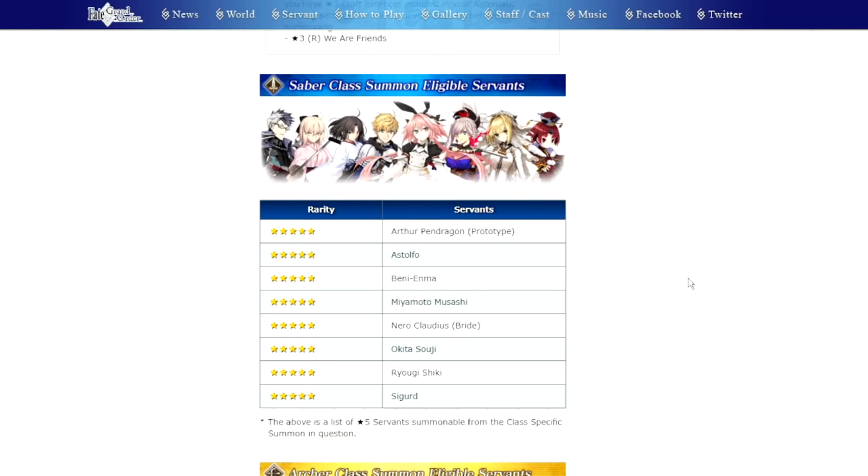So, as a quick refresher, for those of you less familiar with it, the GSSR is a system where you can spend some paid quartz to do an 11 roll that's guaranteed to have at least one 5-star servant. And these banners are divided by class, with the extra class servants being split up into two banners. So I'm going to take a quick look through these and go through the highlights and the lowlights